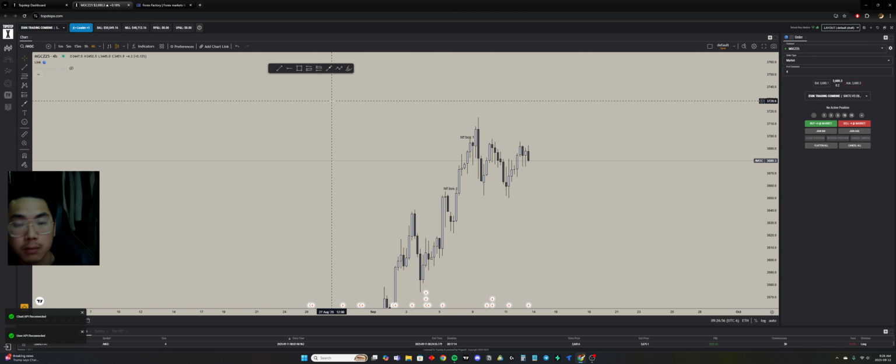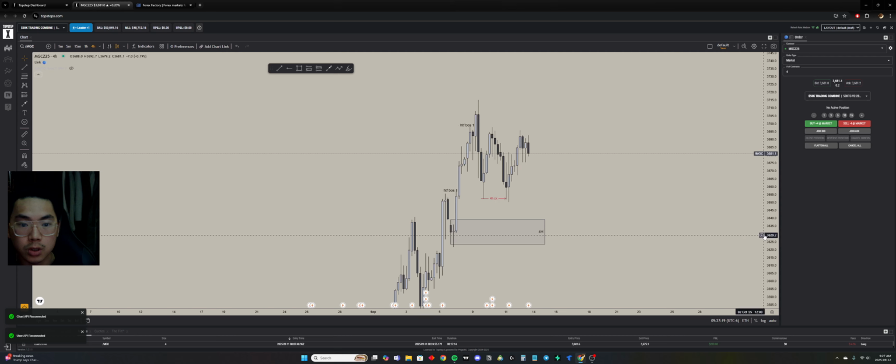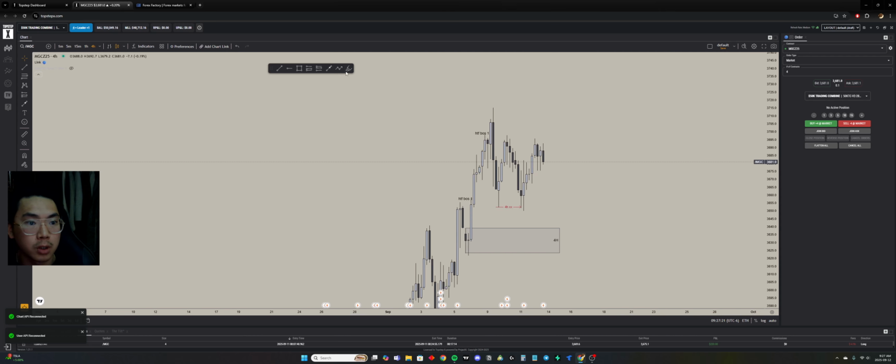Now that I've confirmed that I'm bullish, I need to find bullish confluences. So we've been marking up this order block all week. It still has not been tapped into, but that's fine. So that's one. Yesterday's liquidity sweep of the 4-hour low. So this is more so like a continuation. I'm looking to trade